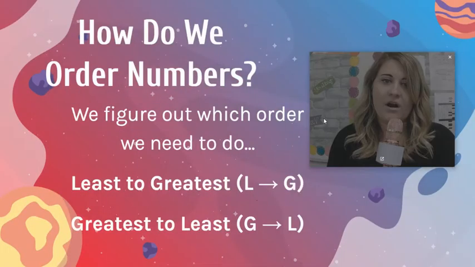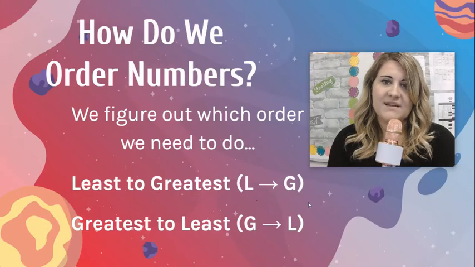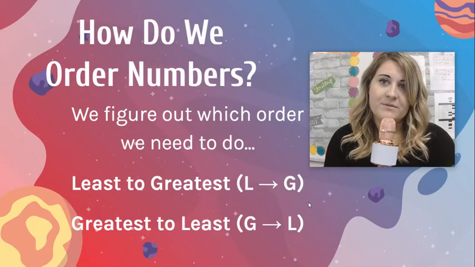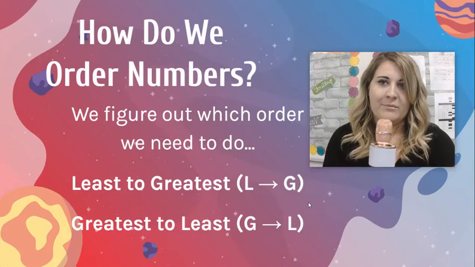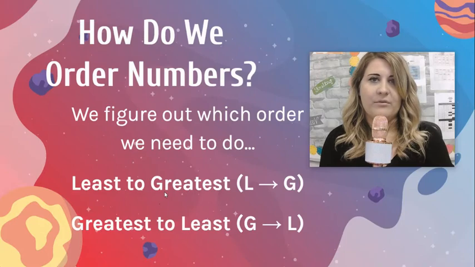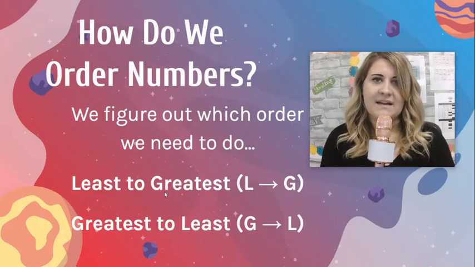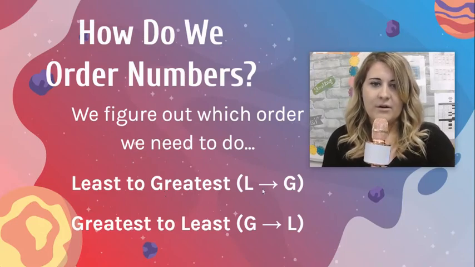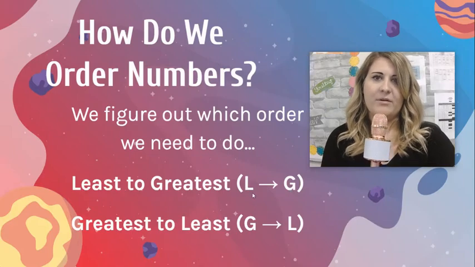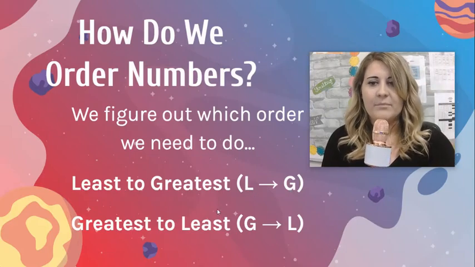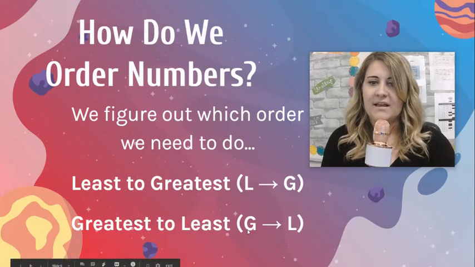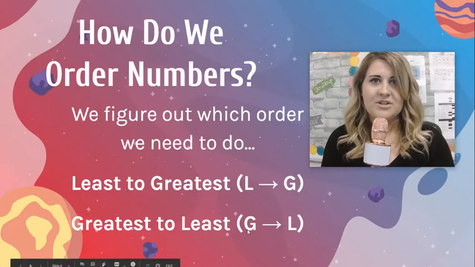So there are two ways that I like to help myself remember because Miss Weaver's brain sometimes just forgets things, and I'm sure your third grade brain does too. So we have least to greatest, and when I'm putting them in order from least to greatest, I like to write down L, and then I like to put an arrow to G. That helps my brain remember that I am going from least to greatest, L to G. When I am putting them in order from greatest to least, I like to write G to L, G, arrow,